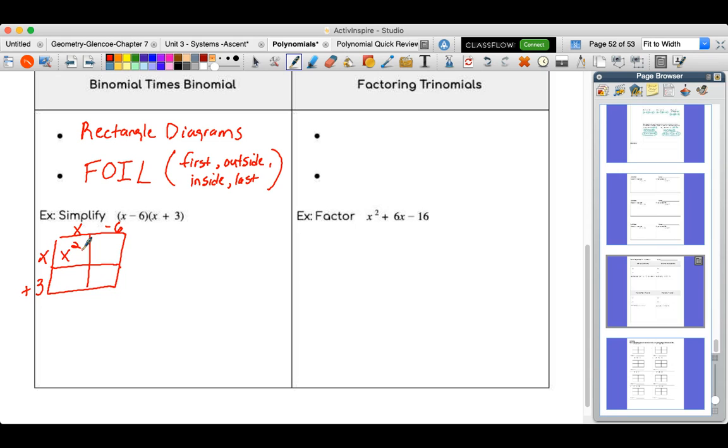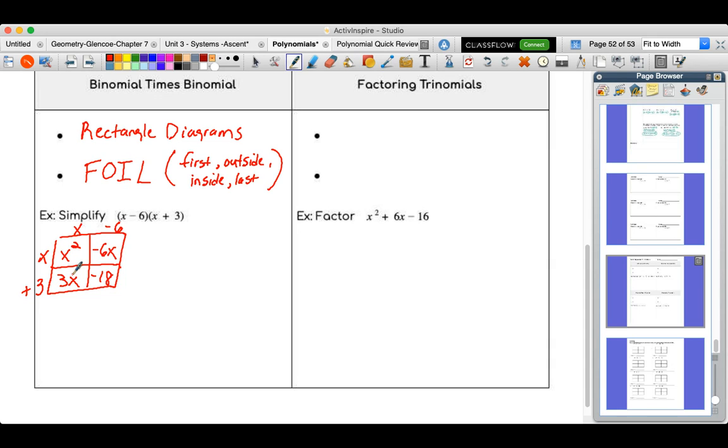So each one of these is an area. The area of the entire rectangle is made up of the area of each one of these rectangles. And so we have x times x, x squared. X times negative 6 will be negative 6x. 3 times x is 3x. And then 3 times negative 6 will be negative 18. So that would be the area of each one of these 4 rectangles,